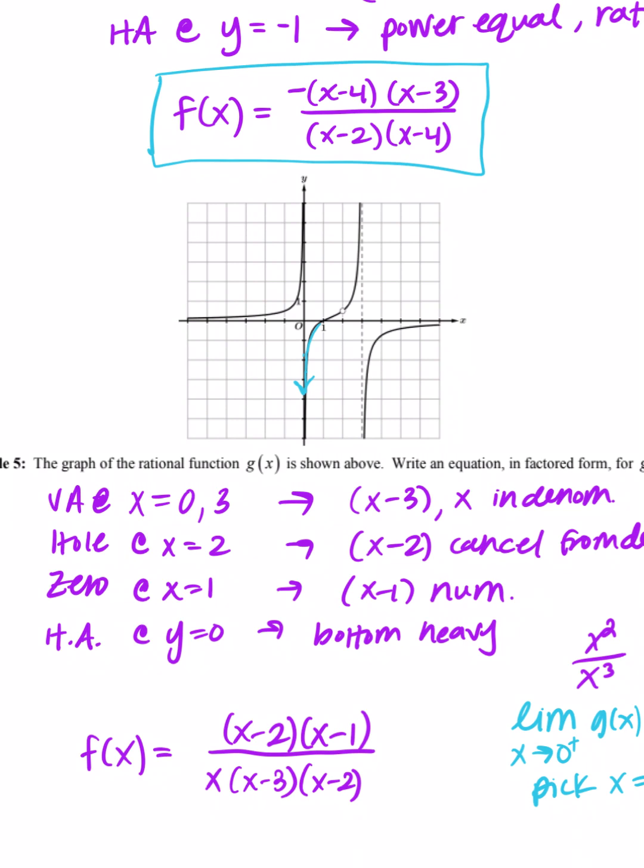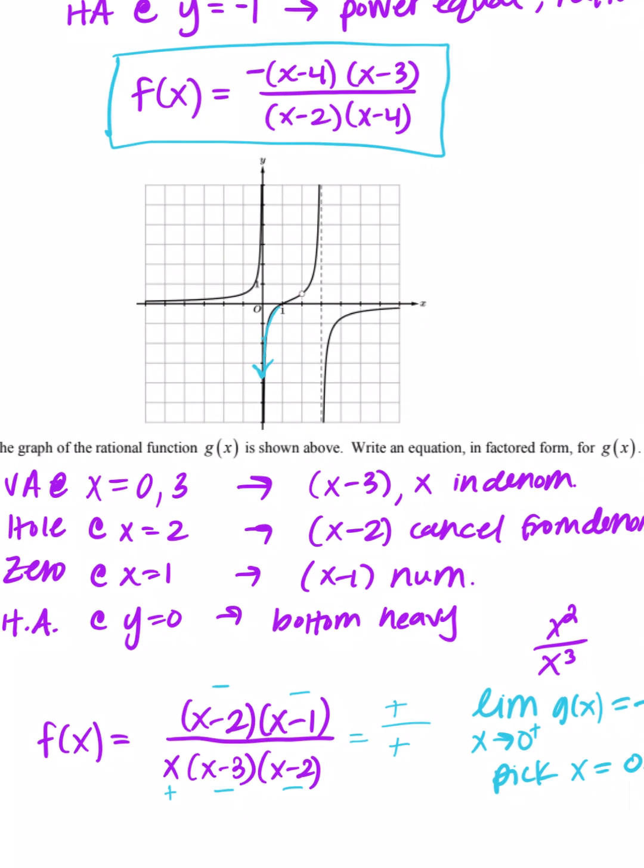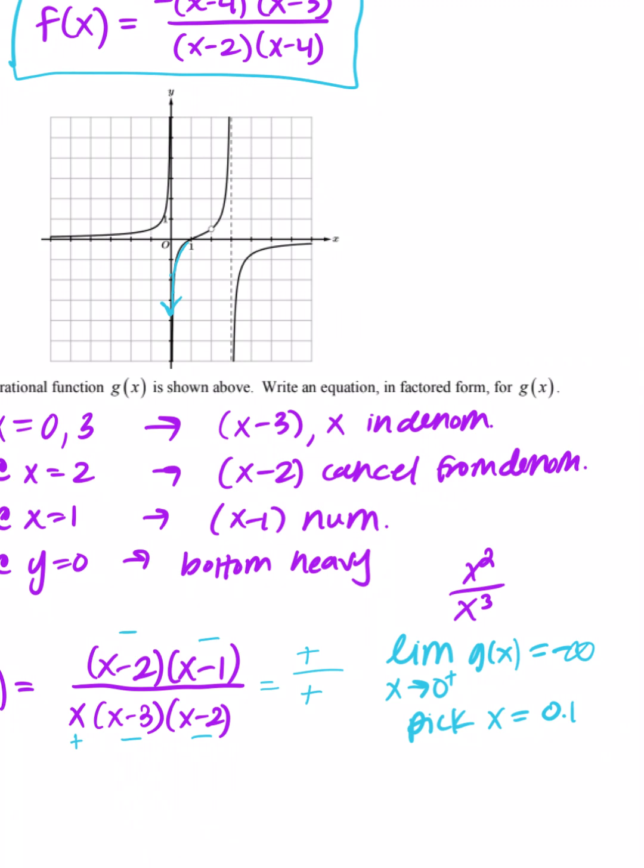So if I plug in 0.1, and this first factor, I'm just going to use symbols. 0.1 minus 2 is going to be a negative number. 0.1 minus 1 is also a negative number. 0.1 is a positive. 0.1 minus 3 is a negative. 0.1 minus 2 is also a negative. So if I look at just my symbols, I'm going to get a positive number in the numerator and also a positive number in the denominator. That does not fit the behavior we said it was going to